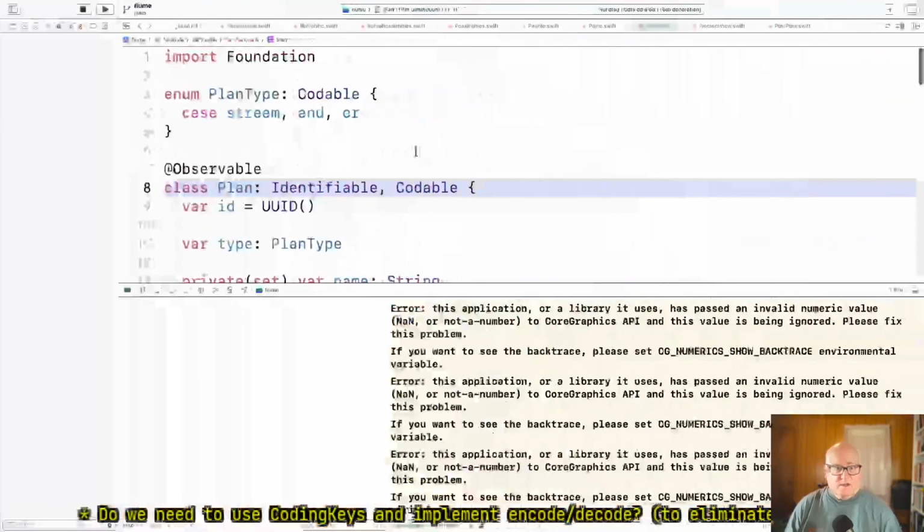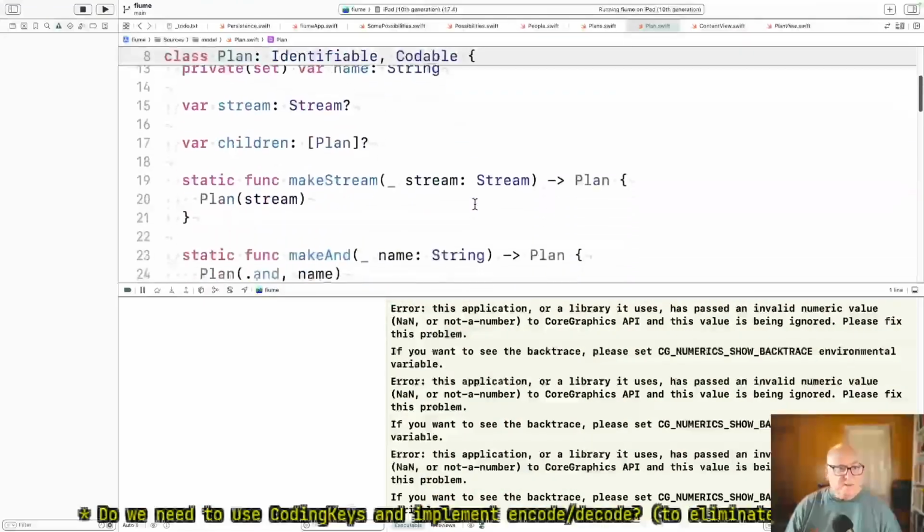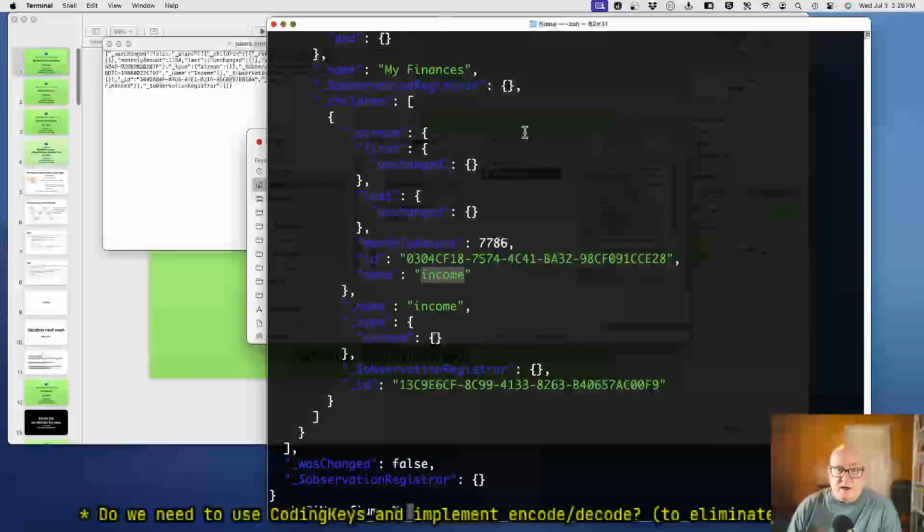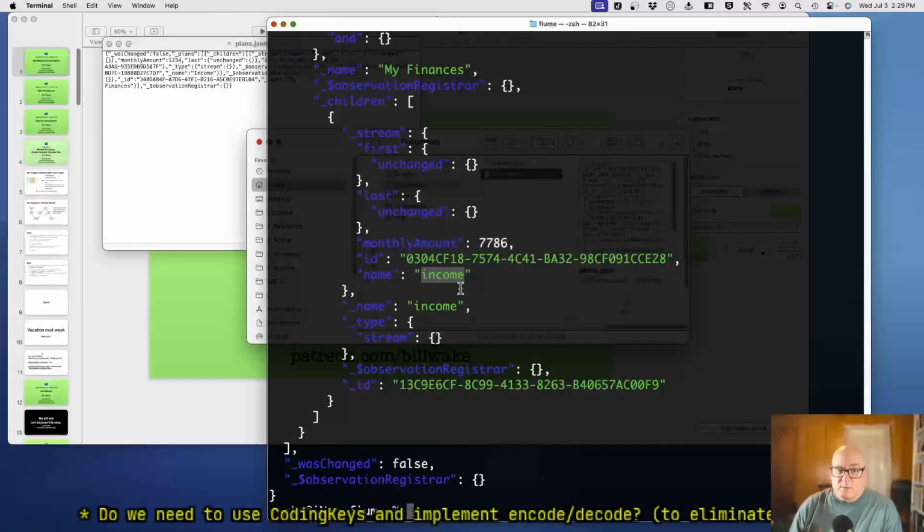So, all right. And then we had a nice discussion about the JSON file, and the reason we considered redoing the decoder, encoder stuff is it's putting this extra observation registrar field in because they're observable objects and the macro creates extra fields and stuff.